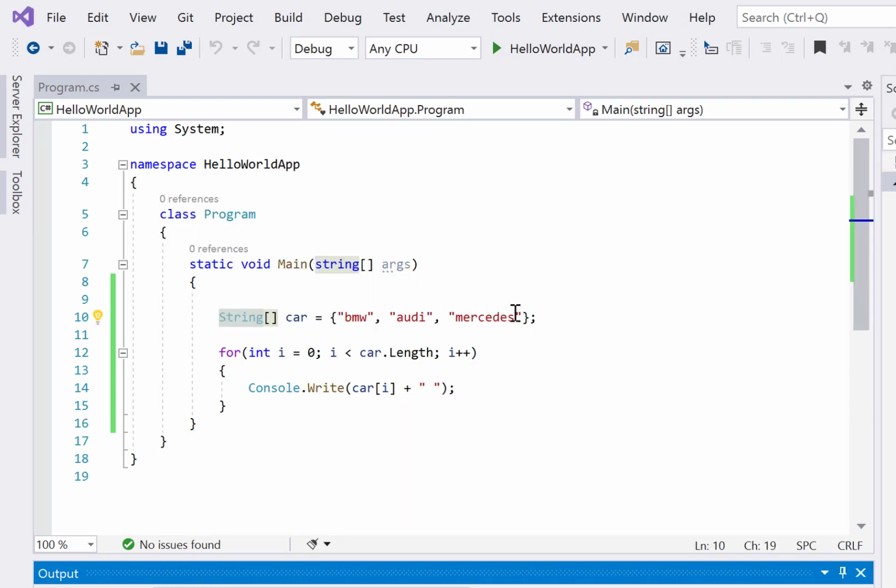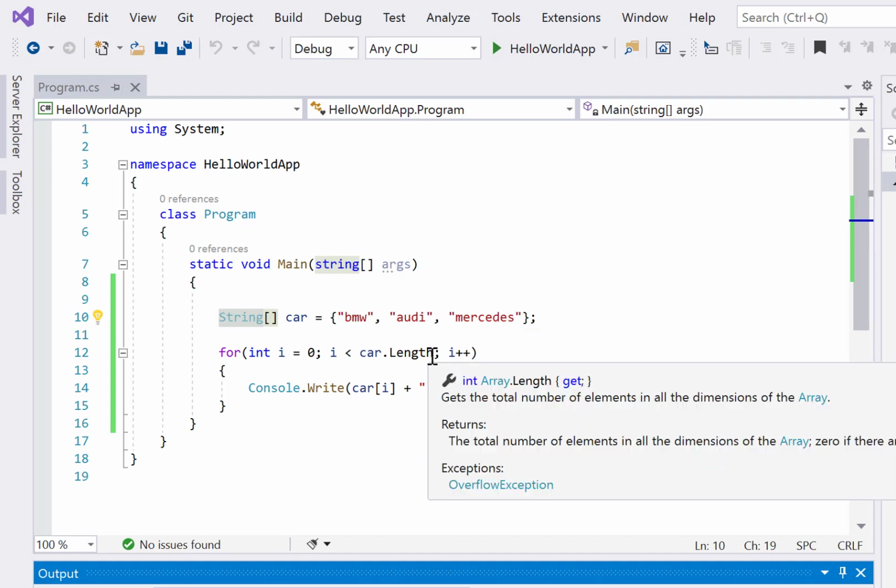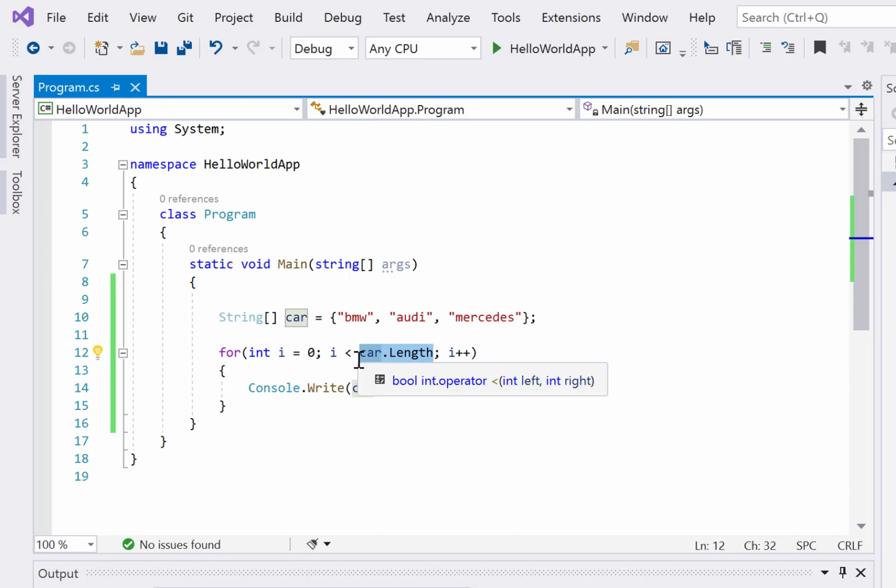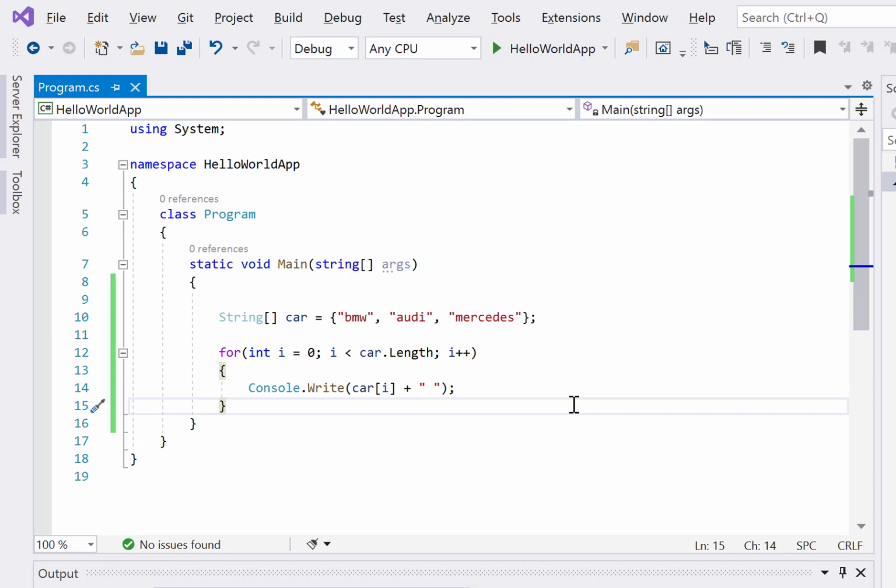So this is how basically we can use the array, and we can have any type of array, right? And this is a property via which we can access the count, or how many elements are there in this array, right? Now in our later videos we'll also understand that array has so many methods, like we can sort the array, or we can do so many things with the array, right?